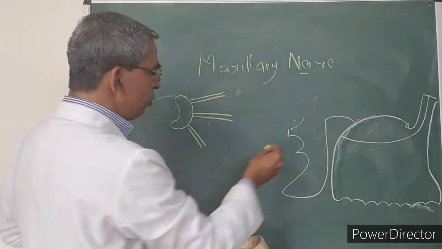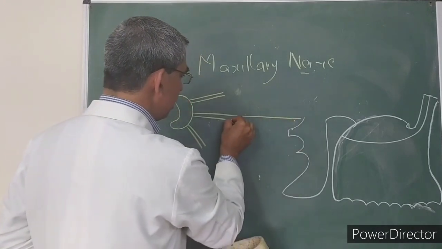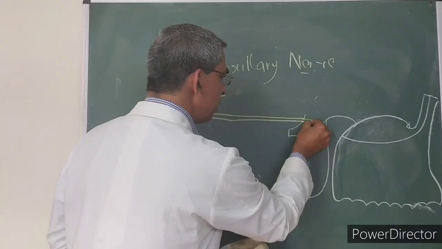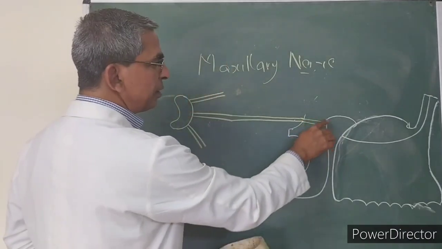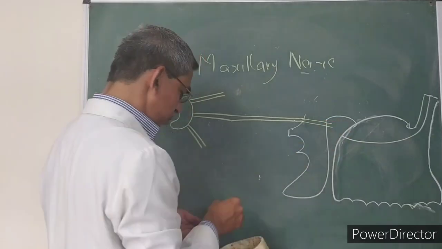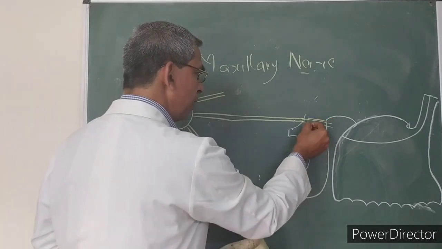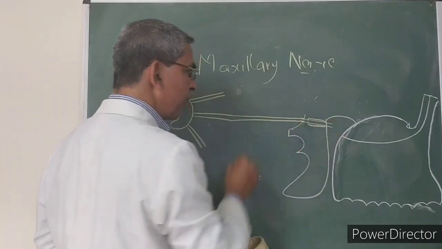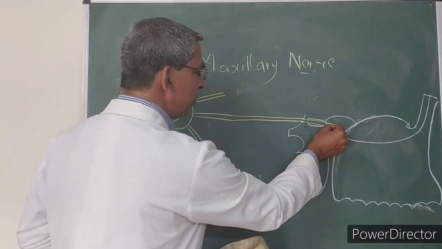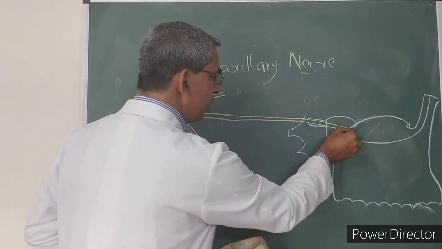Okay, so here this nerve passes through the foramen rotundum. It passes through the canal here, and it enters into the pterygopalatine fossa here. So actually this is like a canal. Clear? So now this enters into the pterygopalatine fossa, and in the pterygopalatine fossa, this maxillary nerve is connected to